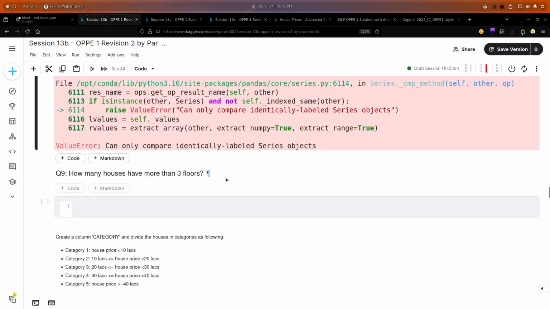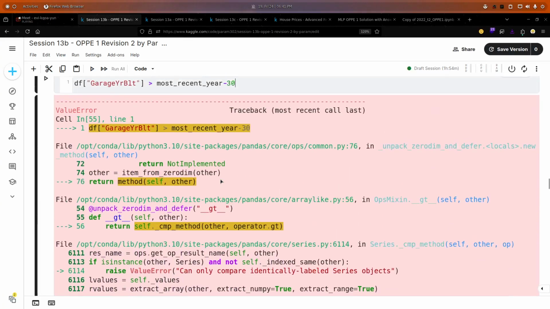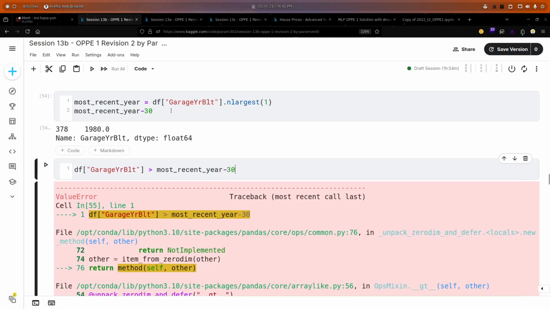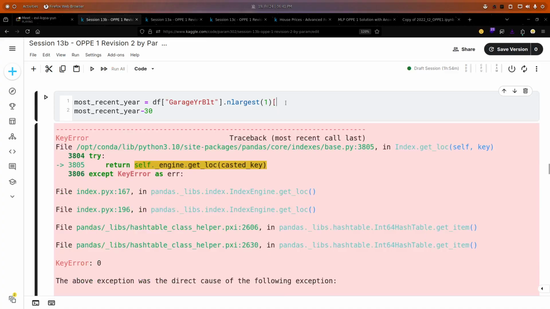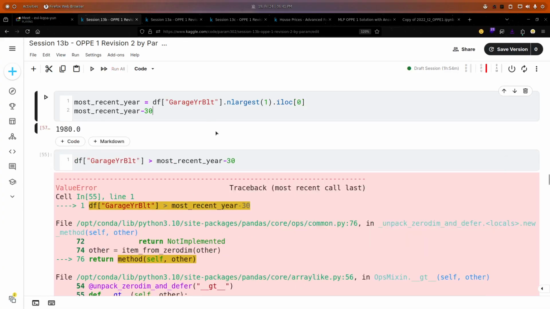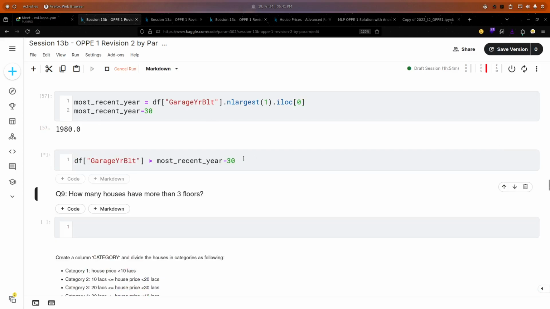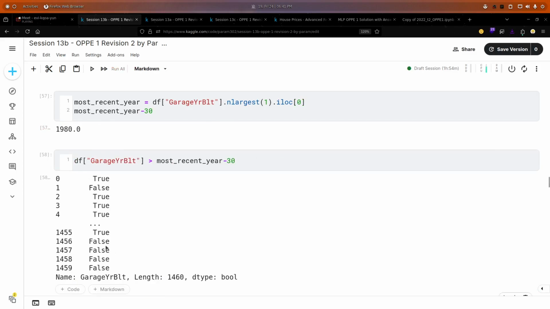Okay, can only compare identically labeled series objects. I have to extract this value. Or we can use max or mean as well. There is no problem in that. Now if I do so, I will get these values.